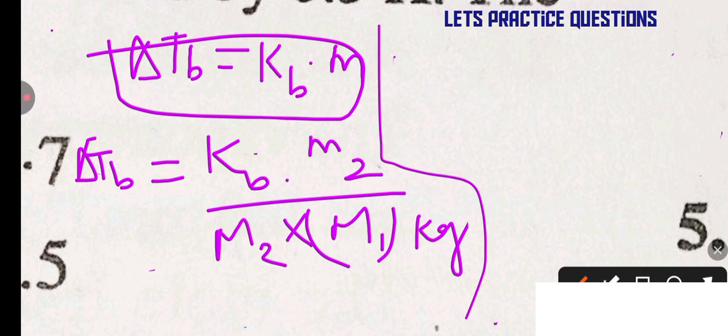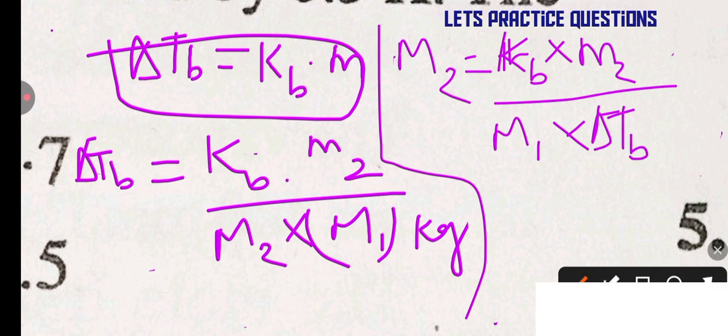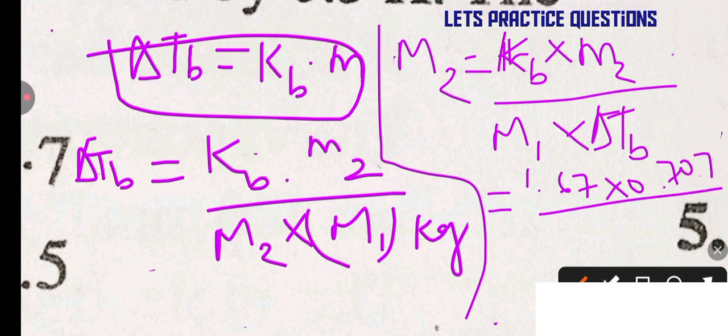Here we can simplify that molar mass of the solute is equal to Kb into mass of solute divided by mass of solvent into elevation in boiling point. Let's put the values of Kb. Here Kb value is given as 1.67 degree, and mass of the solute is 0.707 divided by mass of